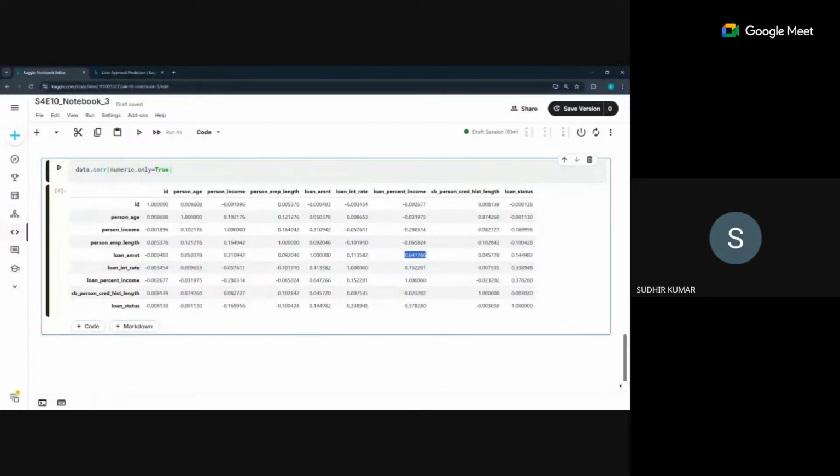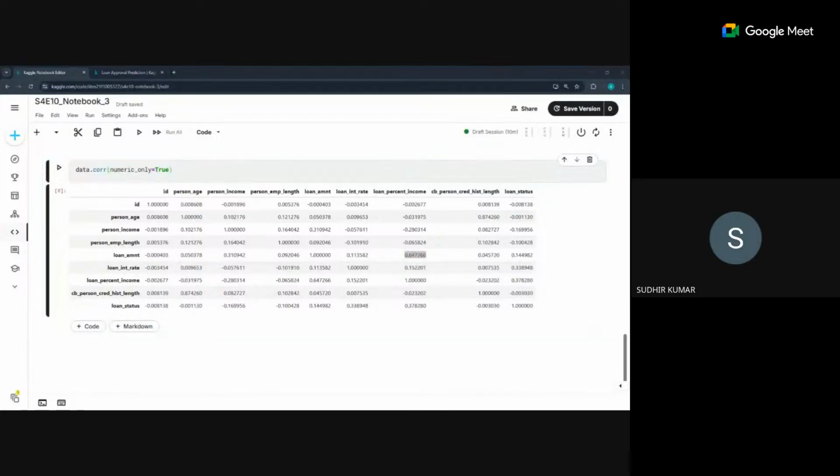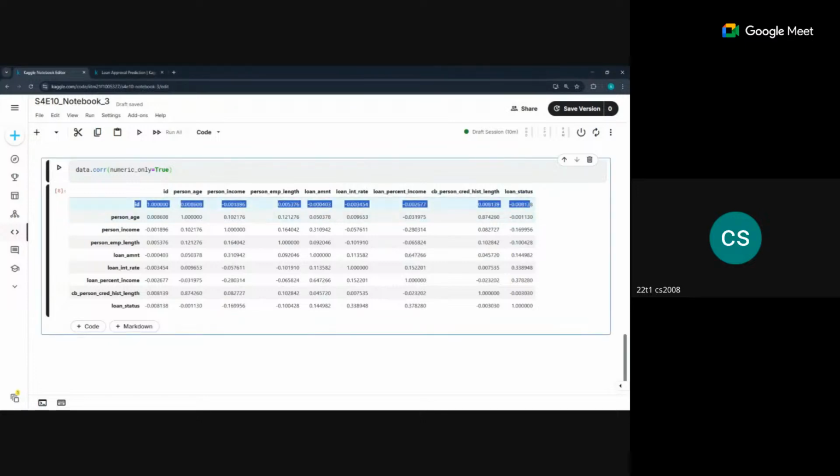Sir, there is a negative correlation with ID also. What is emphasized with ID? So, firstly, ID, as I mentioned, is a unique identifier, and we tend to drop this before we observe it. And this value also you can see is very, very close to 0. So this simply says that there is not really a correlation. And the other thing is there is something called correlation does not always imply causation, which means that even if there is correlation, so there is this example of